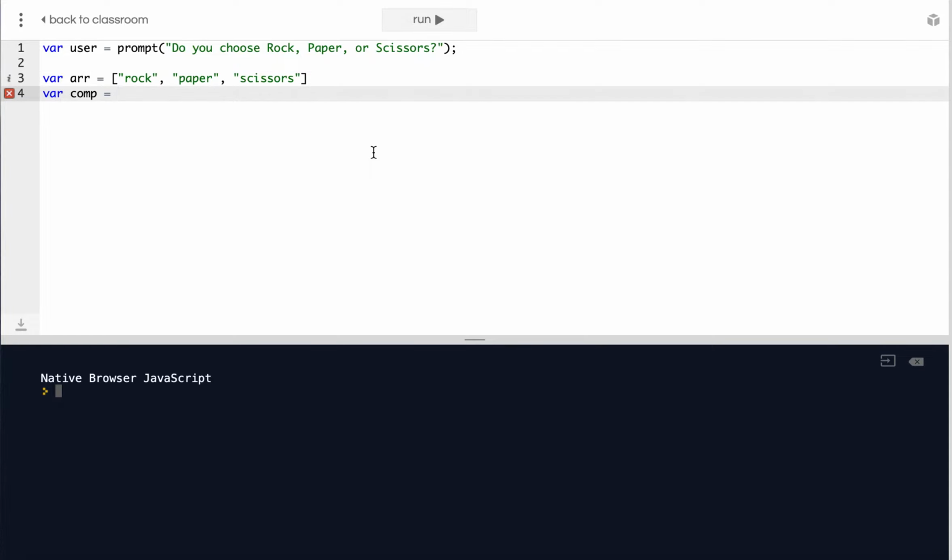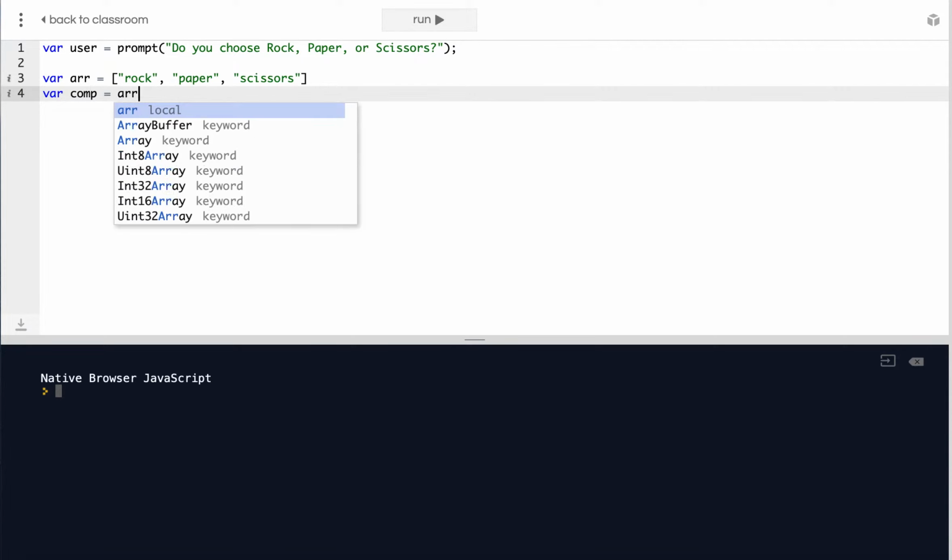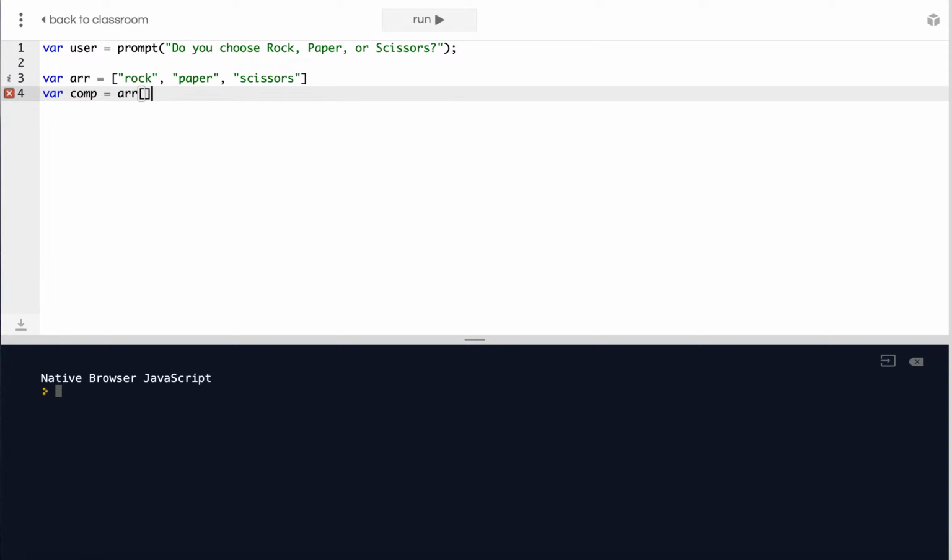So now, var comp is going to be equal to ARR, the name of our array, and then bracket notation, and then I want a random number between 0 and 2. So I'll get ARR0, ARR1, or ARR2, which will give me the thing I'm looking for here. So I'm going to get a random number, and I'm going to do this as Math.floor, Math.random, times